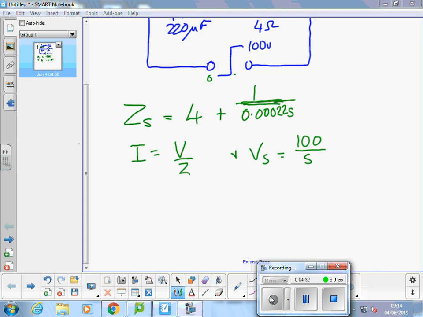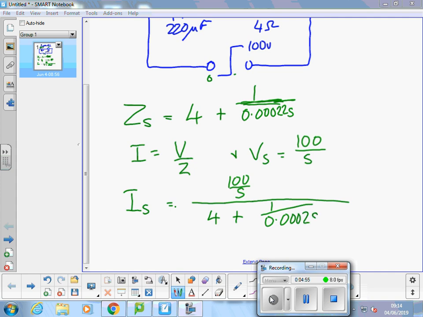So now we can write an expression for the current in the S domain, because it is 100 over S, all over the impedance, which is 4 plus 1 over